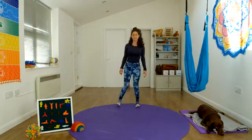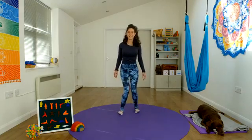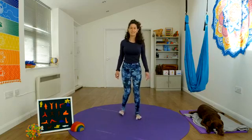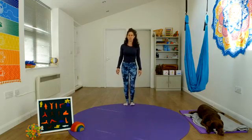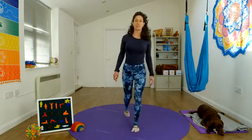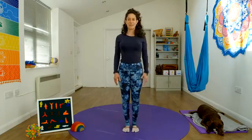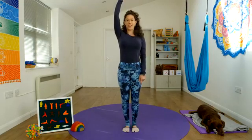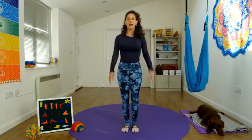And now this time, even funnier, let's see if we can walk on the insides of our feet. Insides, insides, insides of our feet. And now let's take two big footsteps with our whole foot. So we land right here with 2 feet on the floor and our body strong and long with our head held high. And let's swing our arms forwards and backwards and forwards and backwards and all the way up high